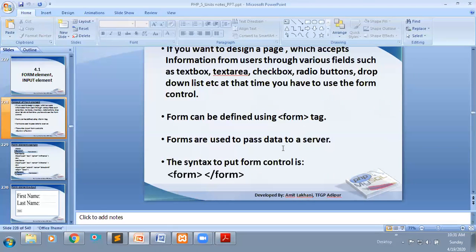Forms are used to pass data to the server. When do we require forms? For example, if I want to send some data to the server, we will go for the forms concept. A form has an open tag and a close tag. Whatever we write within this open tag and close tag will be treated as input data.